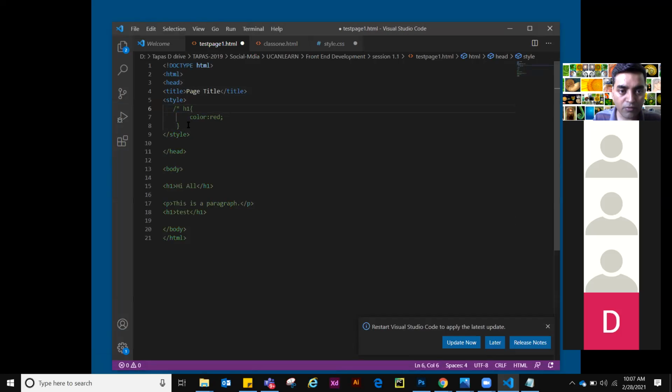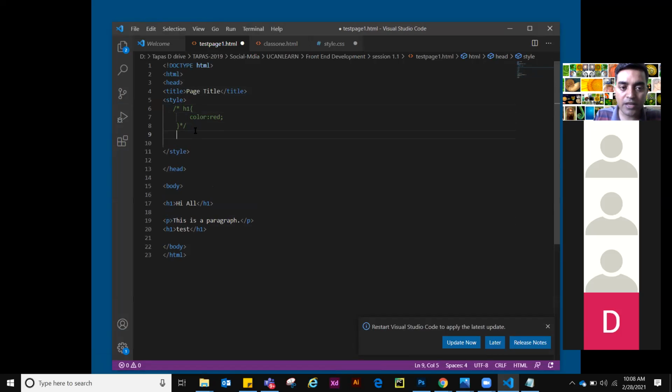This is commenting. Commenting means, suppose you want your browser not to listen to this code. It is like when you don't want to speak, we press mute. So this is mute for coding. When you press this, the browser will not read this. This is a symbol that says please don't read this. Okay, so I will create a class now.